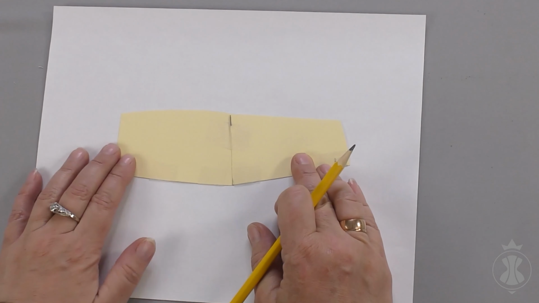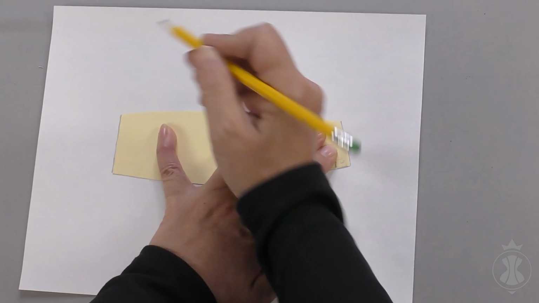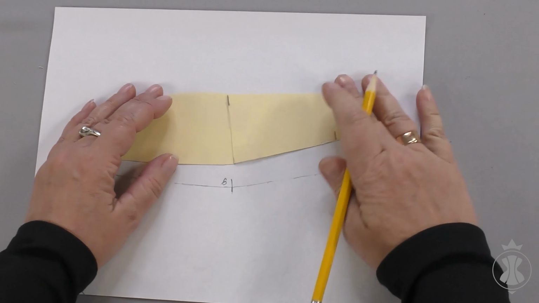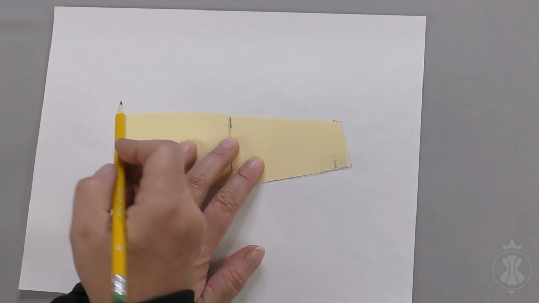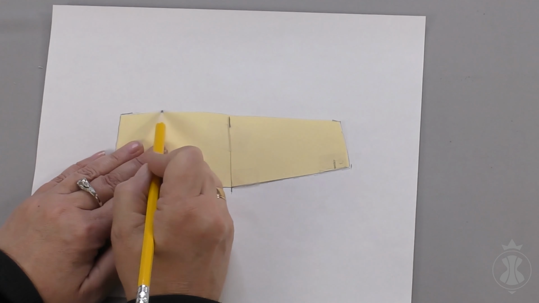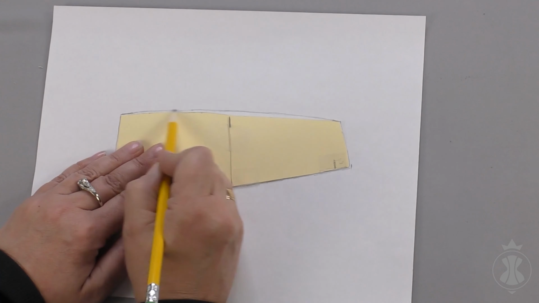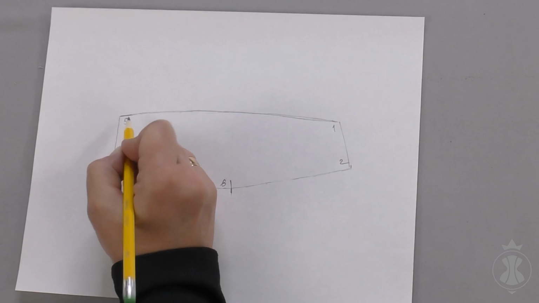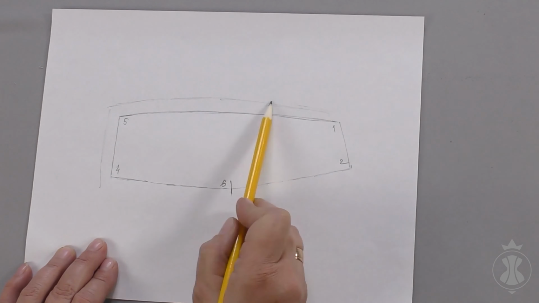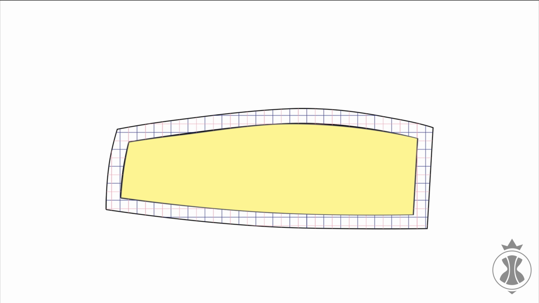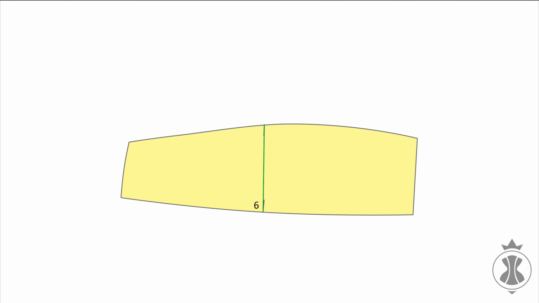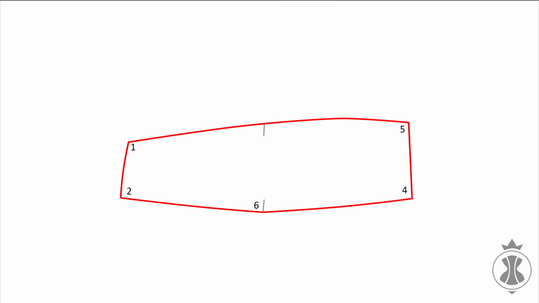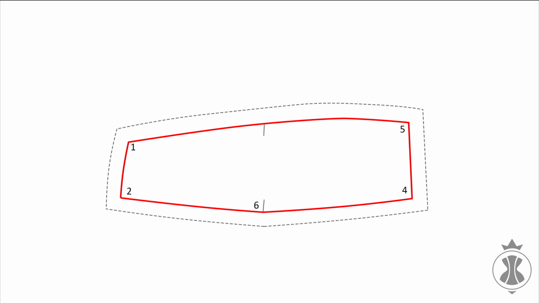We are tracing the modified top detail of the cup on a clean sheet of paper and copying the dart and number 6. The top edge should be drawn with a flowing line freehand or using a French or hip curve. Transfer all numerical marks in the corners of the detail and add seam allowances. If you can't perform a fit test on your client, refer to the difference of the top cup arc length measurement results. This difference will equal the depth of the dart to be allowed for.